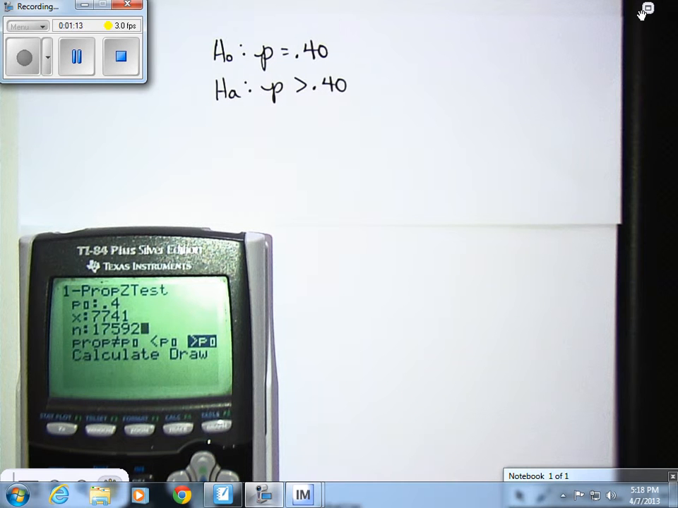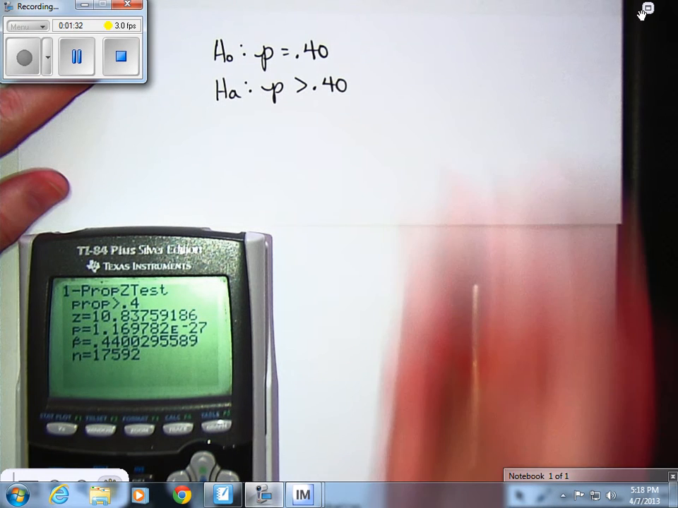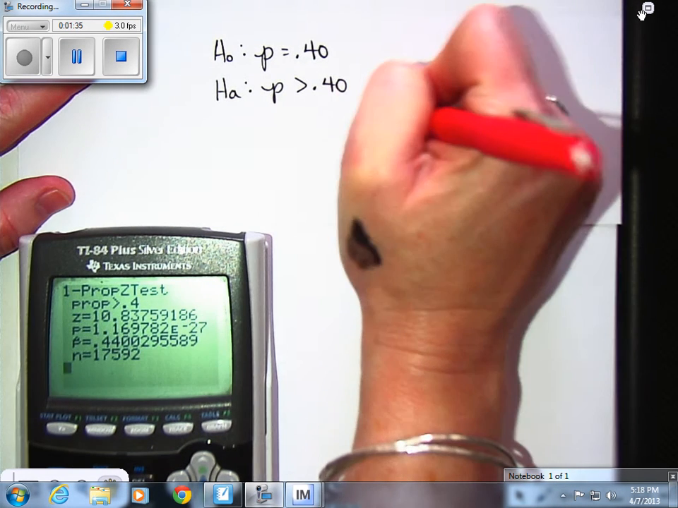Once we've done this, we've got to decide what kind of test we're doing, and we said that we're doing a greater than test. So that is this one. And then we're going to move down, and we're going to go ahead and press calculate. And this is going to give us the information that we need to report. So in this case, what we need to report is our z-score. And it tells us here that our z-score is